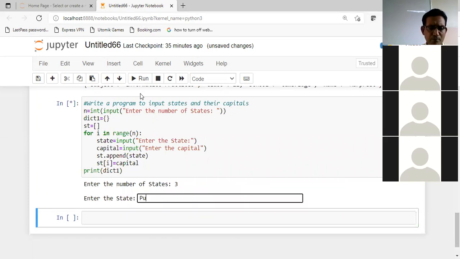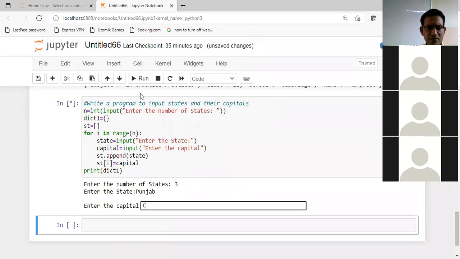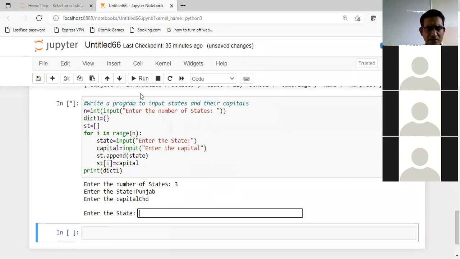First state is Punjab, second is the capital is Chandigarh, then state is